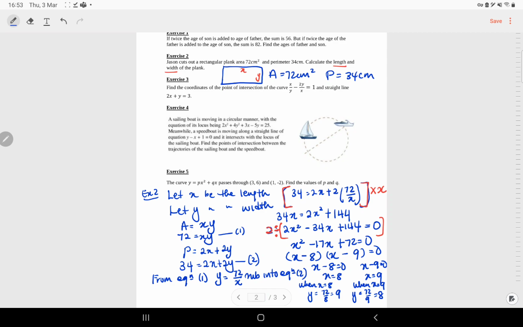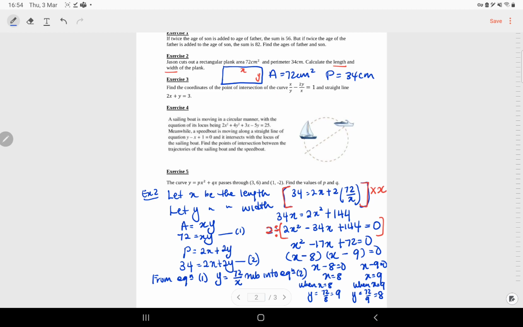I leave exercise 3 for you all because we've done something similar to this. It is to do with points of intersection, a curve and a line. And then exercise 4 is also straightforward. Basically, instead of just giving you find the coordinates of the point of intersection of the curve, they have described